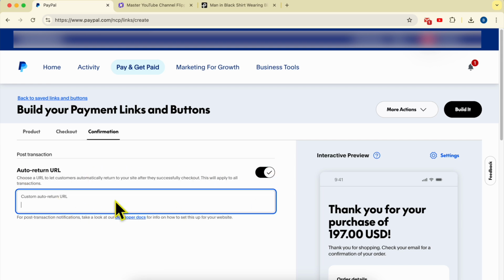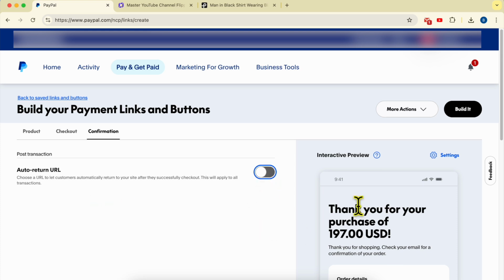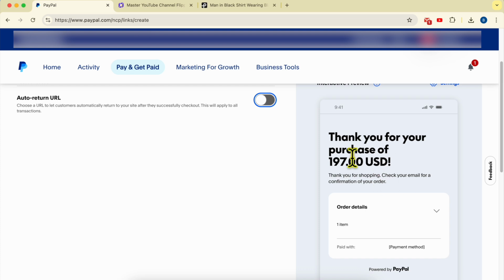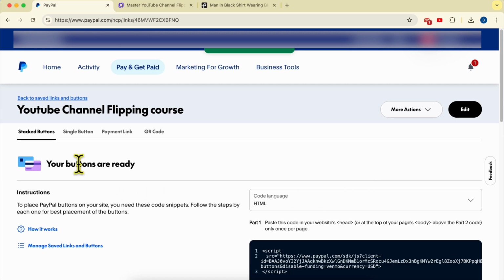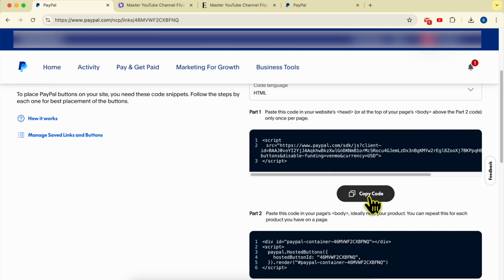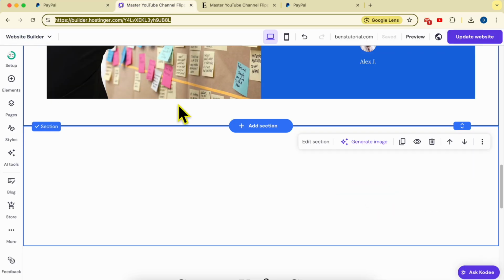For example, return them to a thank you page on your website, or disable it and get this PayPal thank you message. Now click on build it. Your buttons are ready. Now copy this first part of your PayPal button code, go back to Hostinger website